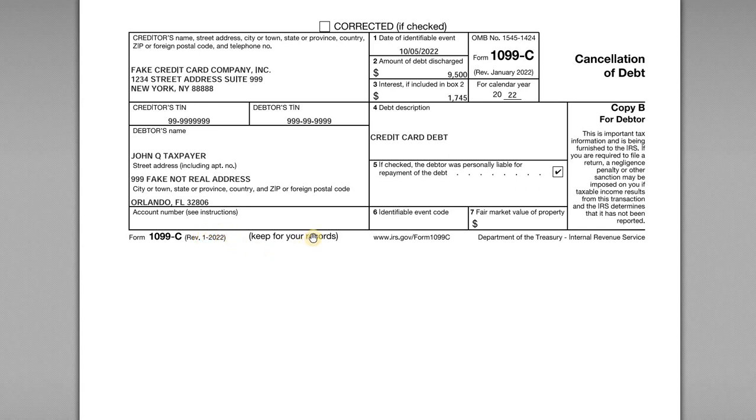Alright, for this video I want to go over the IRS Form 1099-C, which is a cancellation of debt reporting statement that's provided to you and the IRS. And so I want to go over this statement and then also cover how you can exclude cancellation of debt income from your earnings. So I have a 1099-C in front of us that we'll go through, and then we